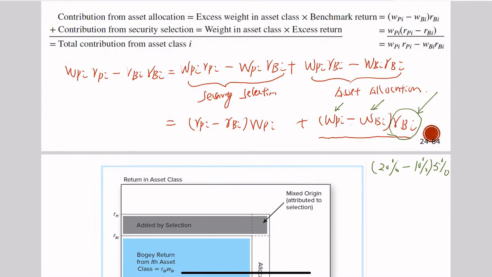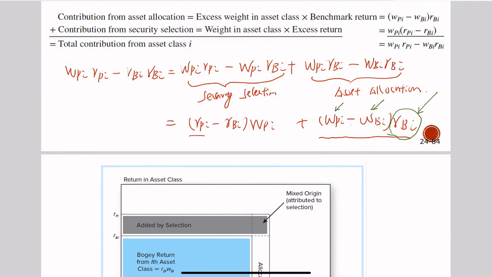So this basically says, given the asset I's return in the Bogey portfolio is 5%, the fund manager allocates 10% more compared with the Bogey portfolio, right? You have 10% more because the Bogey portfolio has 10% invested, and then the portfolio P has 20%, right? So this is about asset allocation. Okay, now let's look at